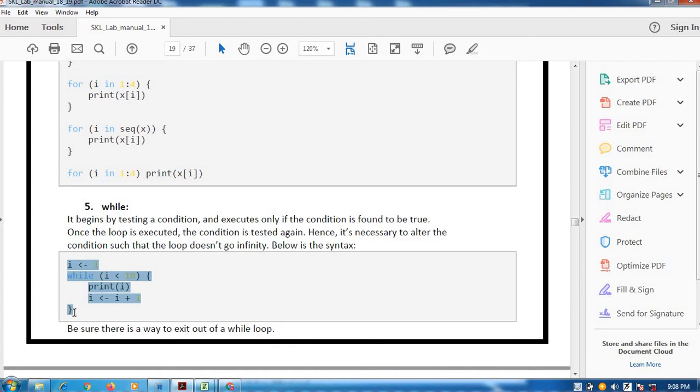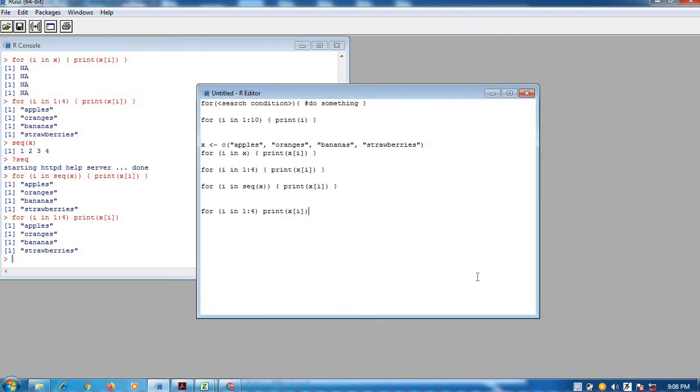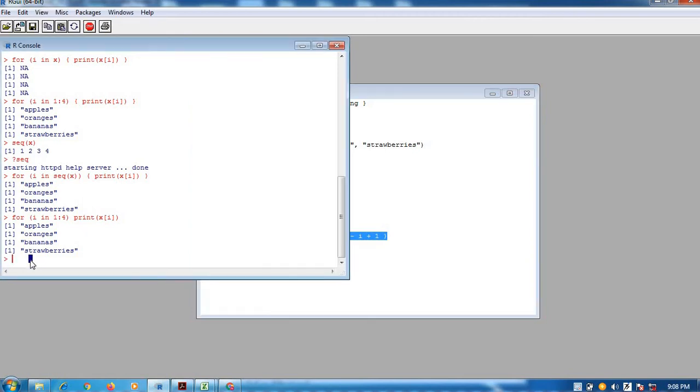So I am just copying it to work on. Let me paste it here again. Here, very first, as usual, whenever we are using while, what is required? We should initialize some variable. So here also we have initialized this variable. Okay, then this while,